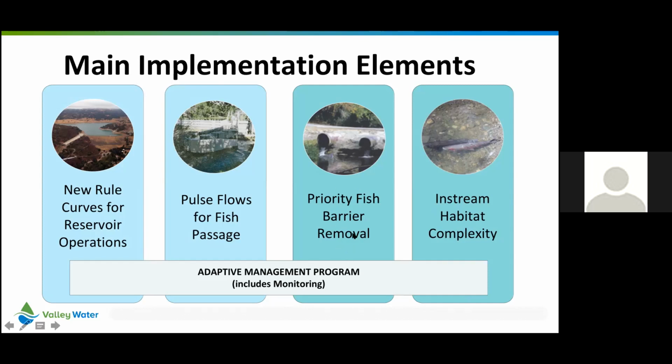Of particular note, just to mention to you guys, of the priority fish barriers that are named in the settlement agreement, there's 18 named barriers in the settlement agreement, and 10 of those barriers have already been remediated with assistance from Valley Water. The last thing you see here at the bottom of the slide is the adaptive management program,